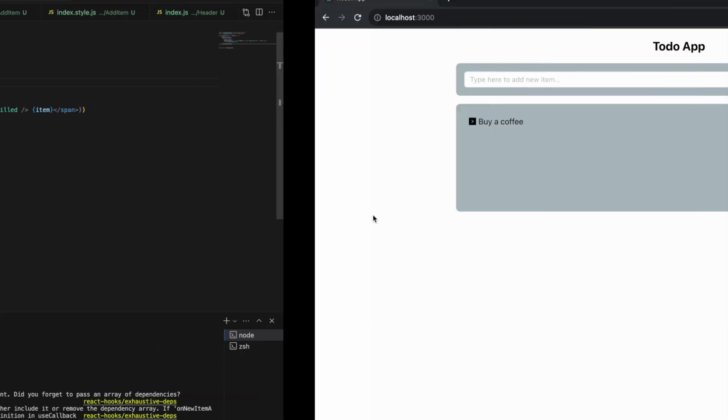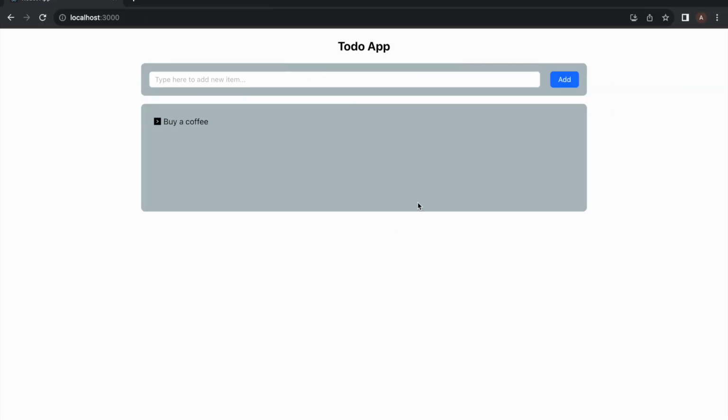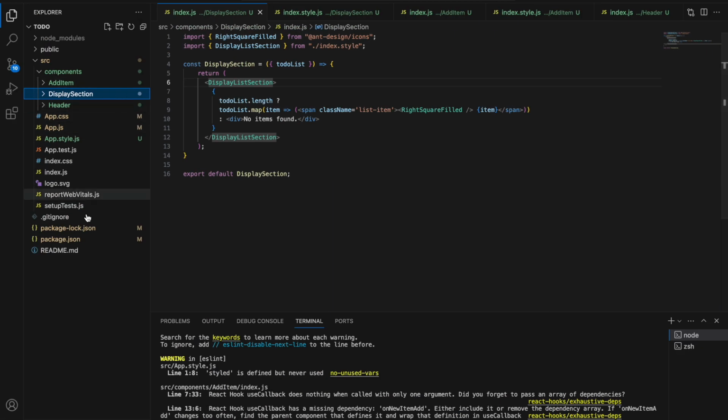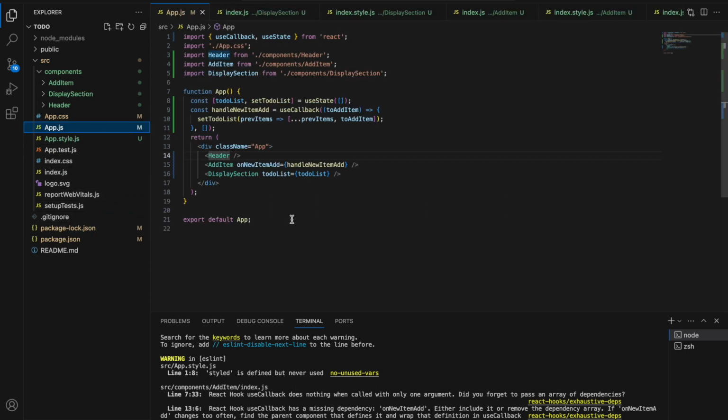Now our code looks better than before, but we are still not done, because, friends, as you can see, we are using our app.js for maintaining the state of our to-do application.